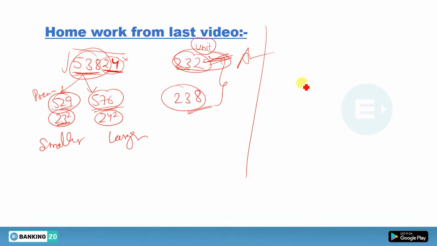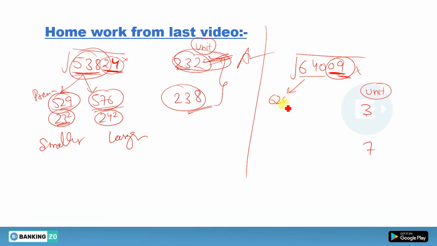One more thing. If you want to find the square root of 64009, what will you get? Take the pair of 0 and 9 and remove it. Now this 9 comes when you square 3 or square 7, so the unit place is either 3 or 7. Now this one is 640. What is the previous perfect square? The previous is 625. 625 is the square of 25. So put 25 here, this becomes 253. Put 25 here, this becomes 257.